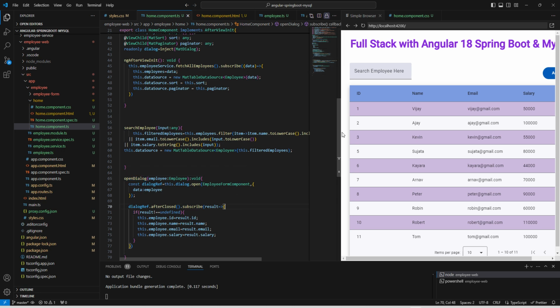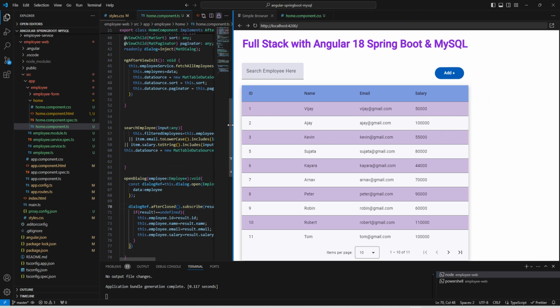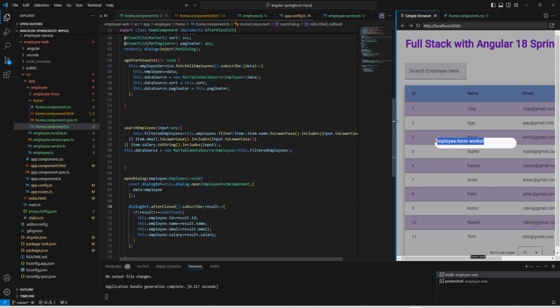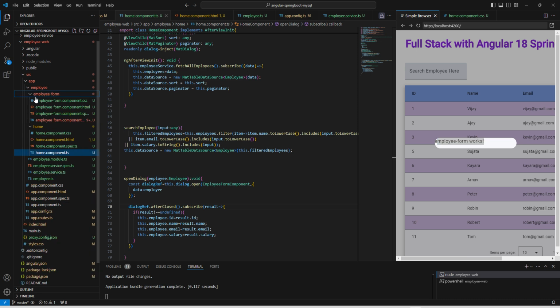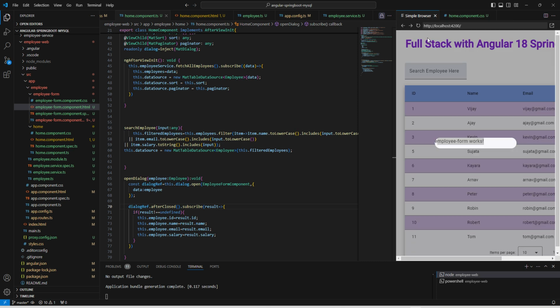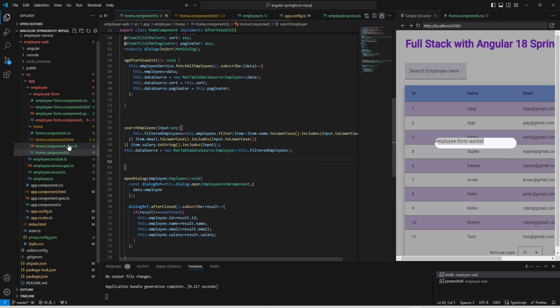Now let us check how it looks. Good, it is opening the employee form. Now if we go into the employee form HTML, it is showing the employee form. That means our dialog is getting opened. Now let us add